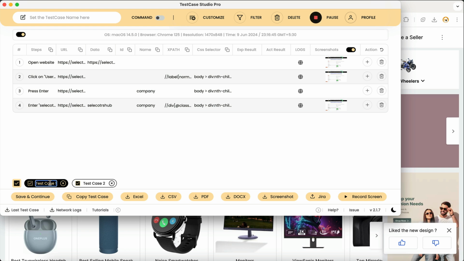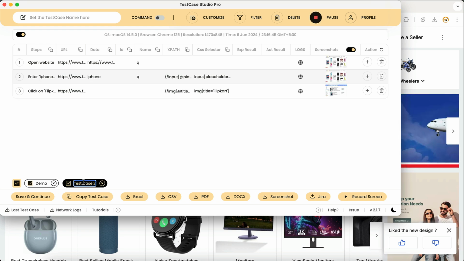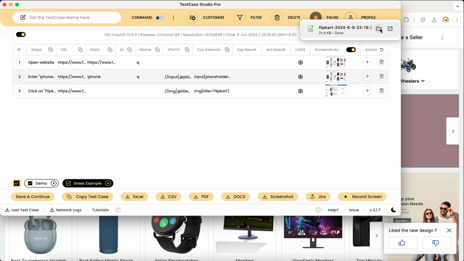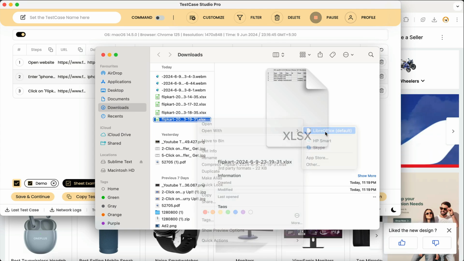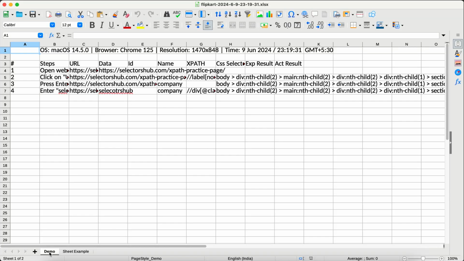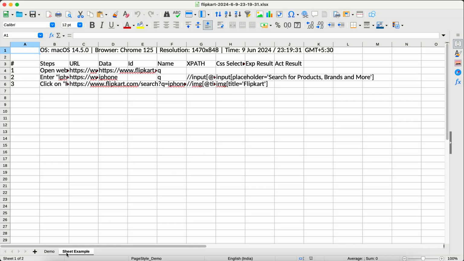Suppose we change this, let's say to demo, and then to sheet example, and like this. If I download and open this file,